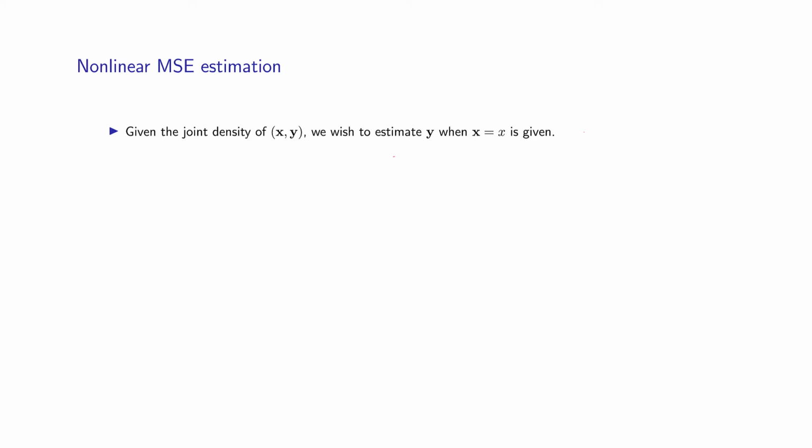And then we have the observed value of one of them, and we don't know what values y takes on. So using the knowledge of x, we want to know what is the best estimate